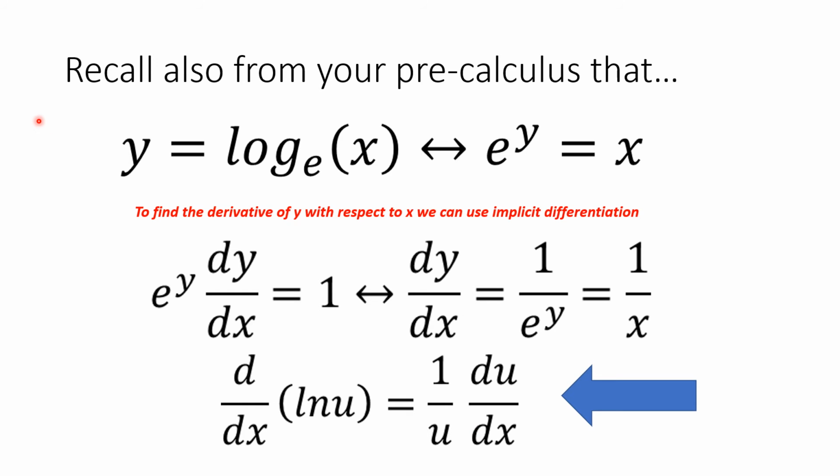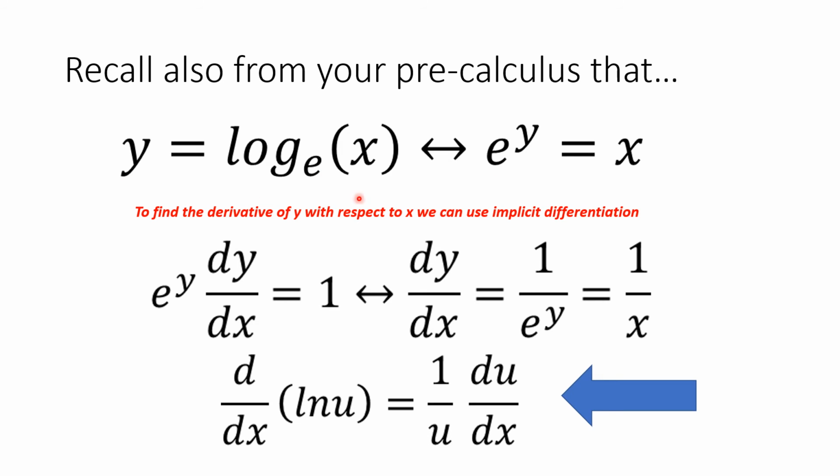Now we're going to turn our attention to logarithms. Recall also from your pre-calculus studies that when I say y equals the logarithm base e of x, that's the same thing as saying that e to the y equals x. This is called the exponential form. This is called the logarithmic form. And this is going to be key to what we're going to be doing,